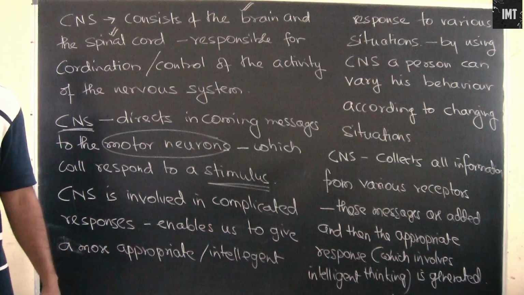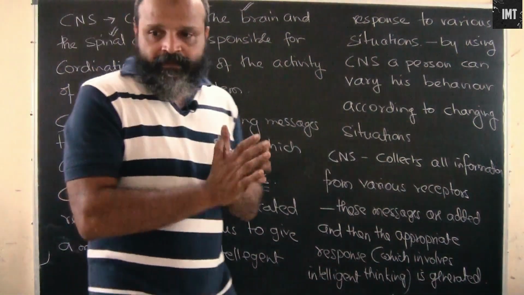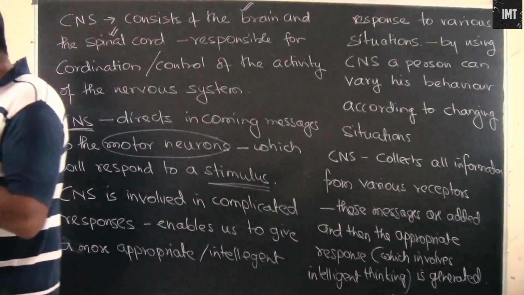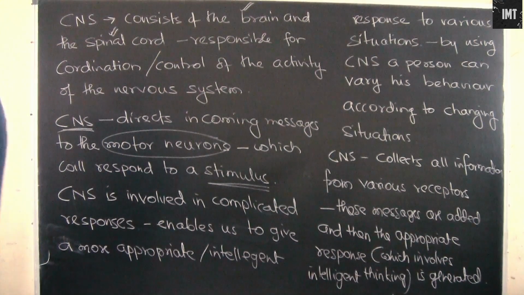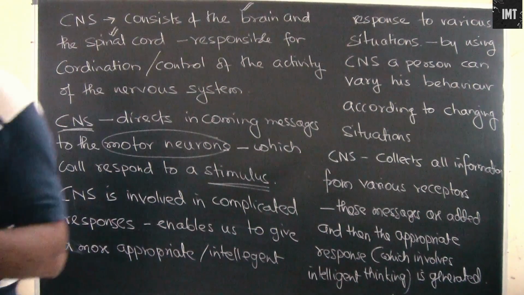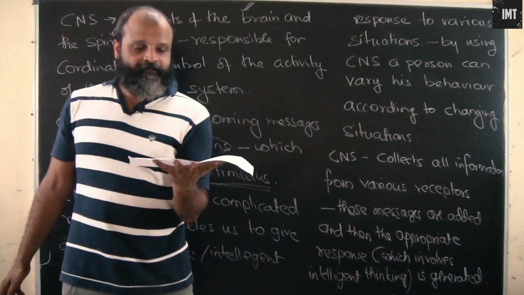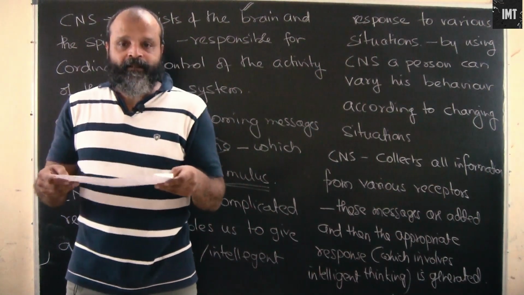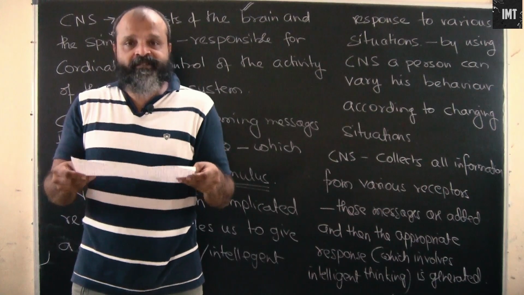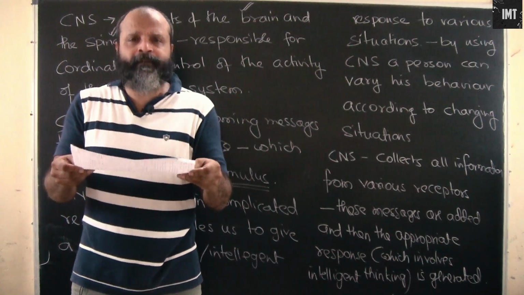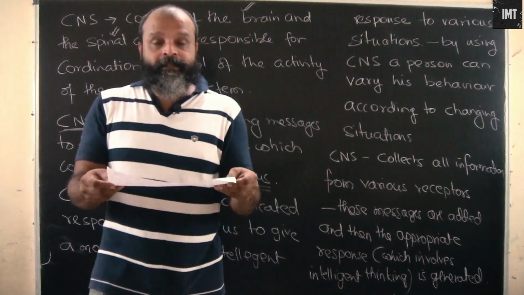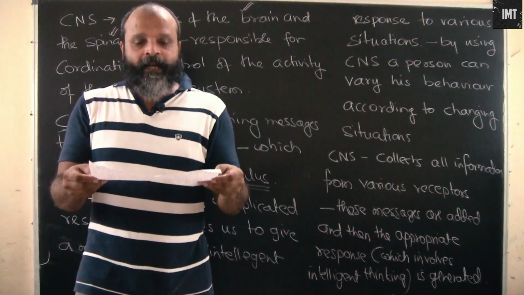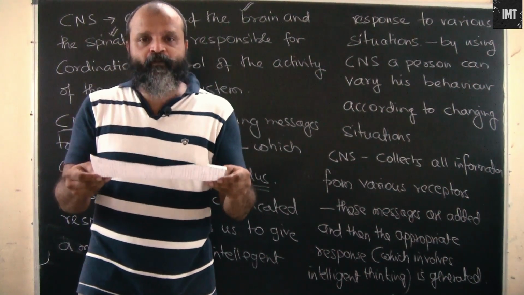Let me take an example here. Let's say this is a plate. It was kept on the table. I have just picked it up and it contains food which is a little on the hotter side, not very hot that it can burn our fingers, but it is hot and it has food in it and it is made up of crockery.